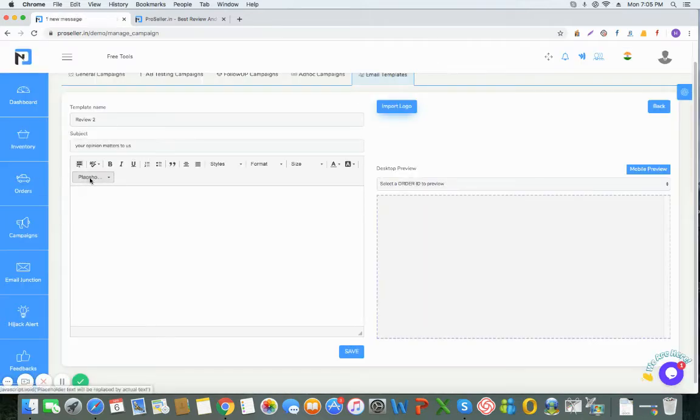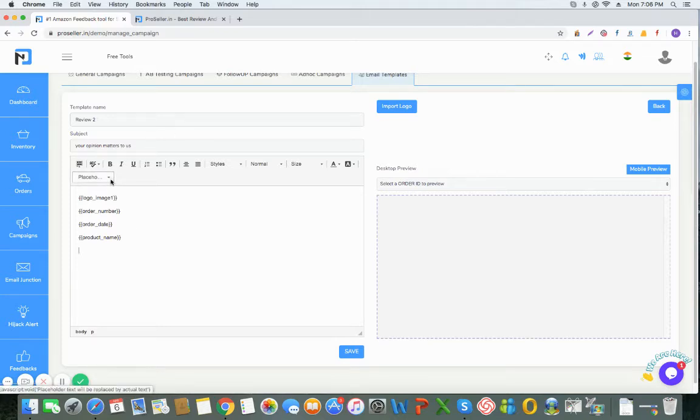You can use our various placeholders that will help you set up the email template. If you want to set in your logo, you click on the logo image or the section where you have saved your image. Moving further ahead, you can even choose other placeholders, which would be the order number, the order date. Depending on your need, please choose the placeholders. I'm just showing this for your reference. The product name.